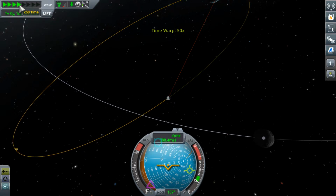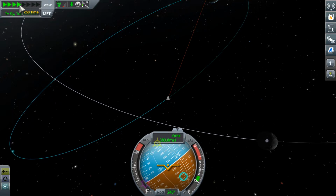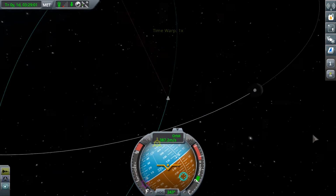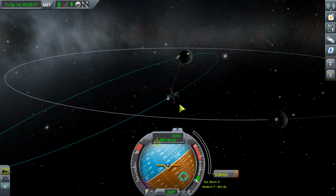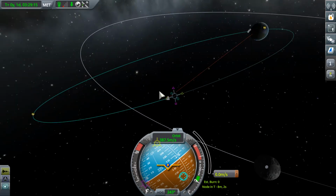So if we go just a bit further, we should suddenly no longer be, yeah. The orbit's changed colors because we are now no longer, yeah, okay. So what if I said that I wanted to lower my periapsis at Kerbin right now? If I were to put a maneuver right here and burn retrograde, which is this way, keeping our periapsis in mind,